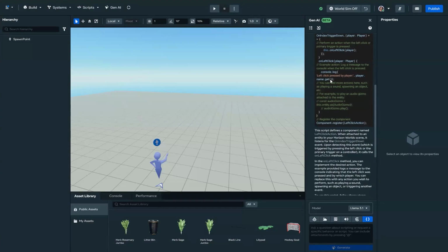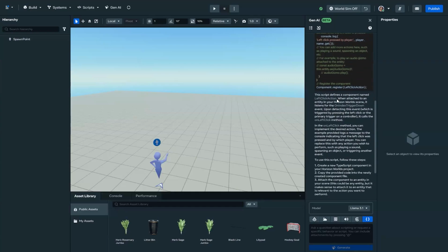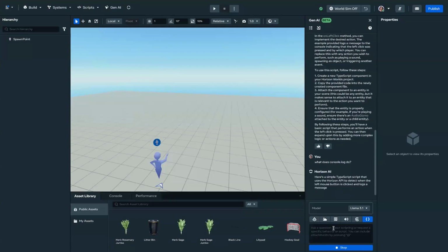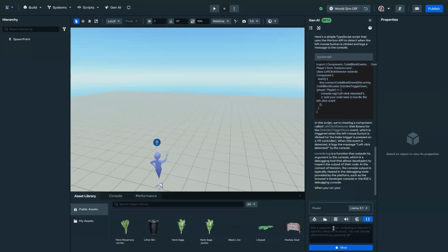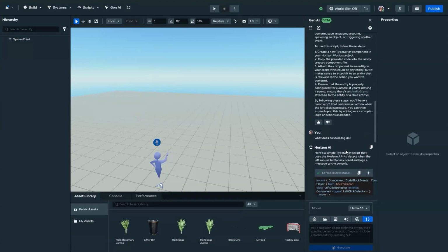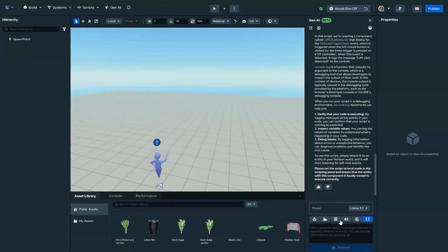Maybe I want it to really tell me here what console log is doing on left click. So I could say like, what does console log do? Okay, well, so here's an opportunity to show you some cool tips that I've been learning as I've been working with this GenAI